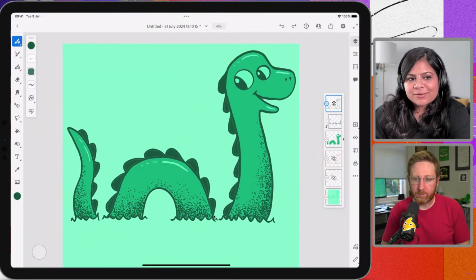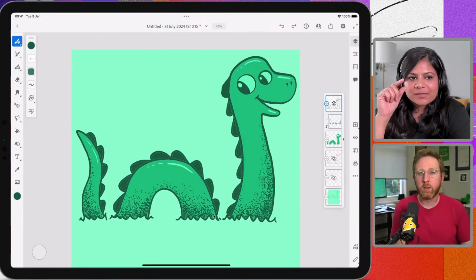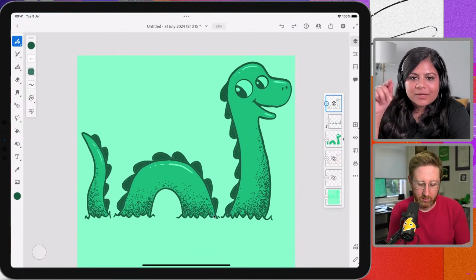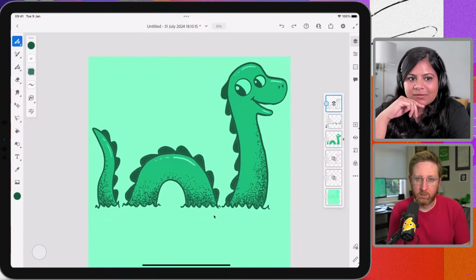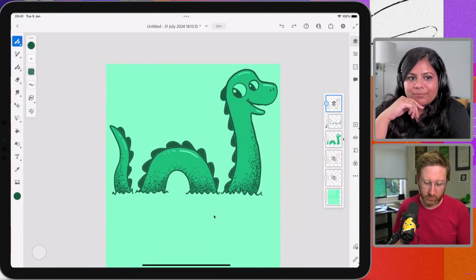In Fresco, there's a color margin feature that was added. When you use the paint bucket, you can select and increase the color margin, which decreases the amount of white space. I'm sure there are other ways we could do it, but I'm not going to let it bother me either.